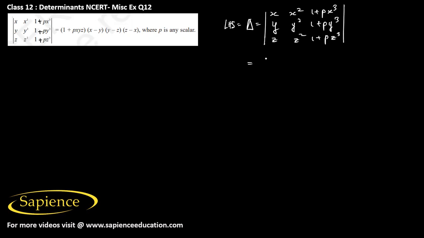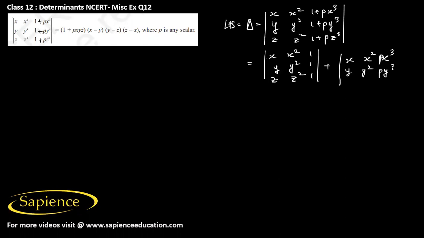So that can be written as the determinant of x², 1; y², 1; z², 1, plus the determinant of x², px³; y², py³; z², pz³, that will be equal to the determinant of x², 1; y², 1; z², 1, then plus the determinant of, from here